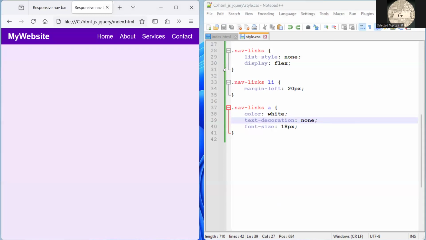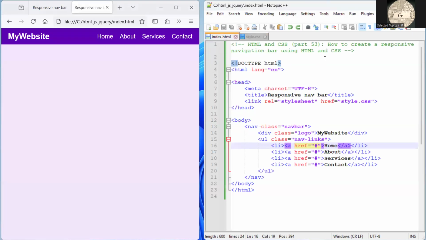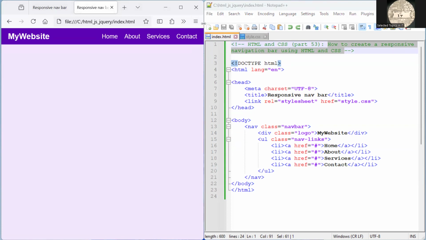So what we want to do is create a responsive navigation bar using HTML and CSS. When we have a smaller screen, we want the menu to look like this burger menu that we see in the Mozilla tab, to show that there's more here. So that's what we want. So let's go and